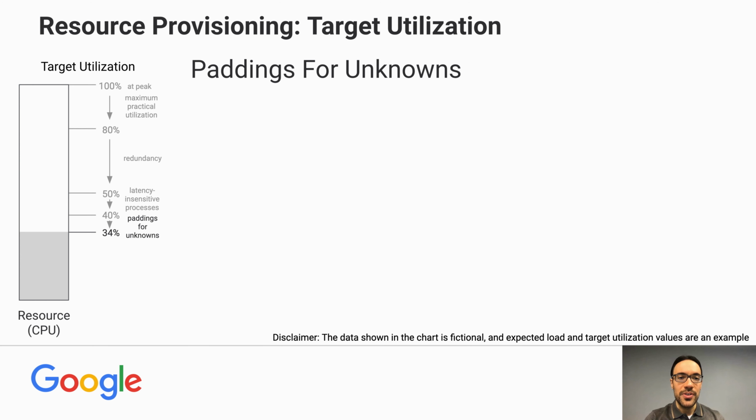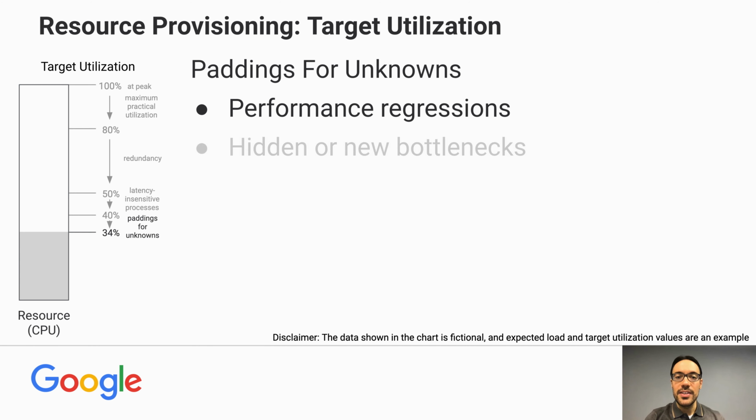The last factor to consider is the unknown factor. There are many good reasons to throw in an additional padding of resources when provisioning a service. Spare capacity will keep the service performing as expected, latency and error-wise, when anything goes wrong. An unexpected performance regression accidentally makes its way to production, the service hits a new or hidden bottleneck caused by new features taking more resources than needed, performance decreased due to an ongoing outage, failover happens when a replica is